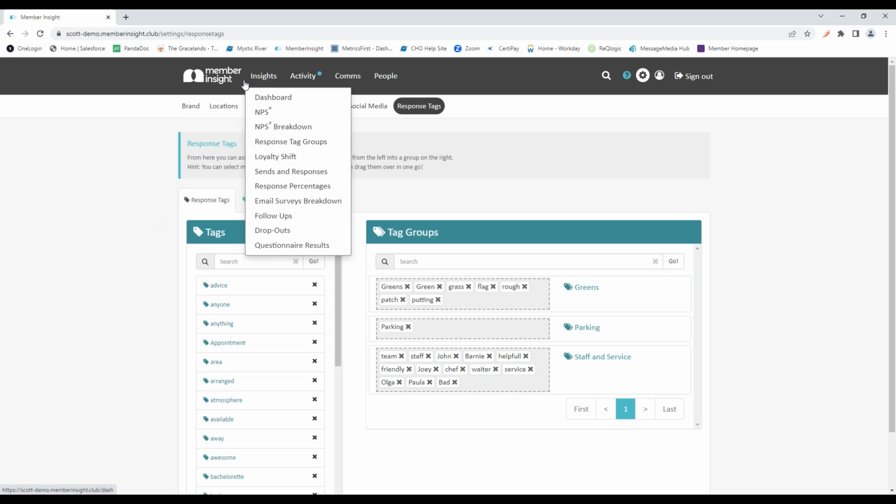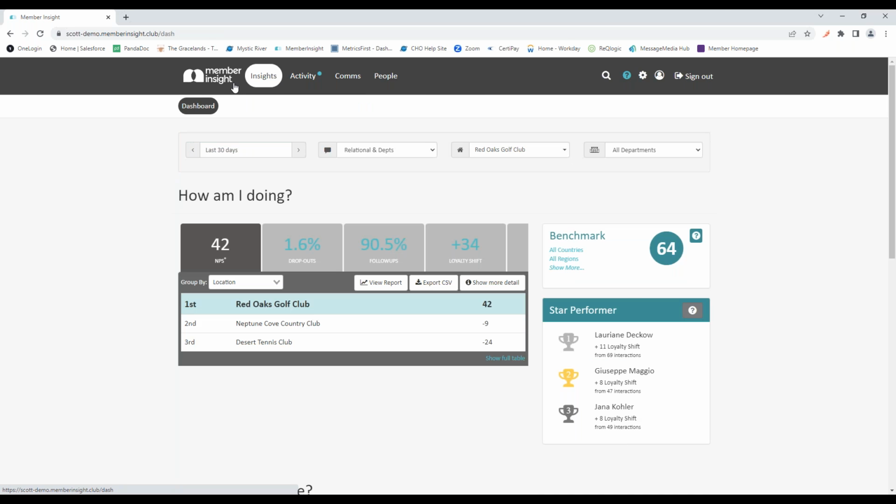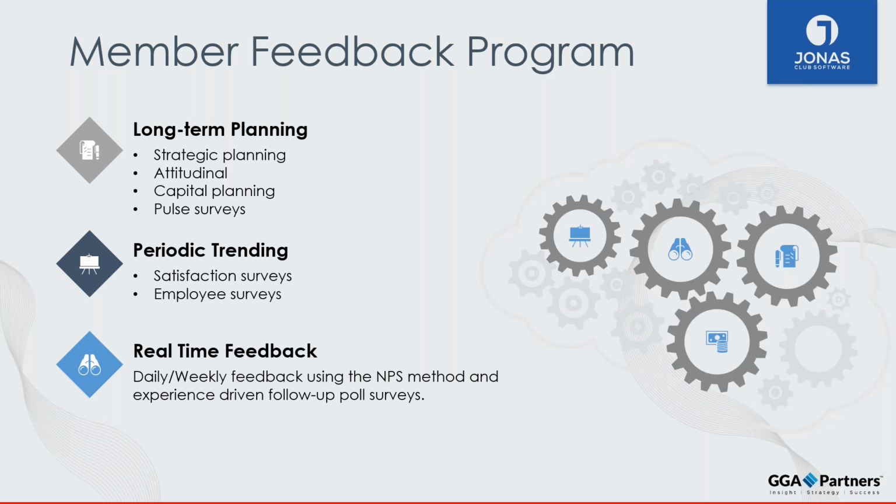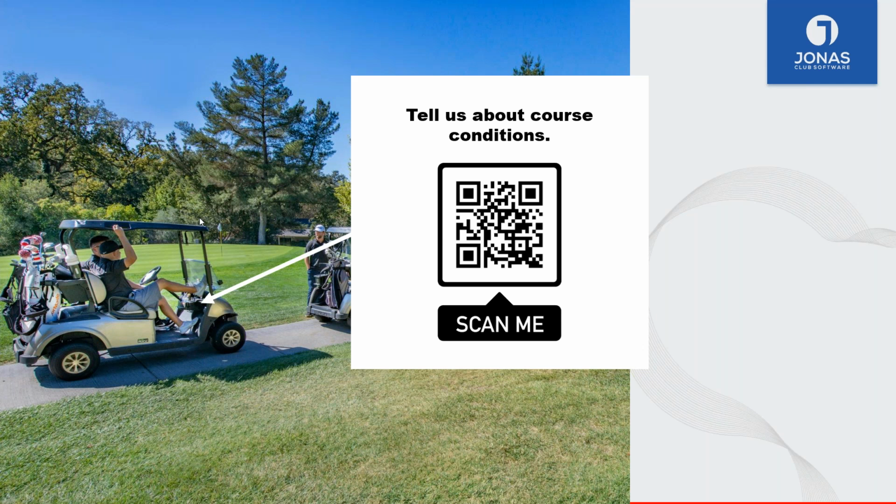We had talked earlier about the static surveys in the Pro Shop, and one really cool idea that I'd heard come from one of our clubs out on the West Coast, Capilano, was, I'm just going to share my screen here. They're doing this really cool thing on their golf carts where they've created a static survey, and they've also created a QR code and put it on a sticker and then put it into all of their golf carts.